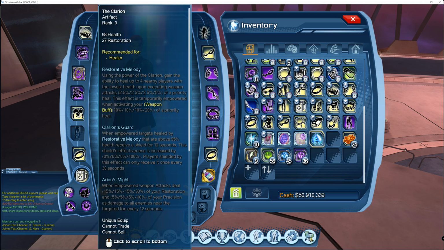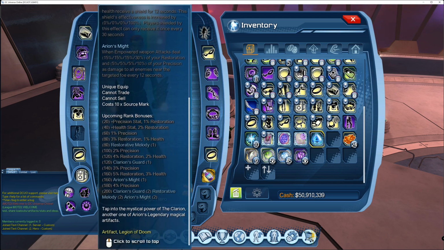So let's just take a look at the actual stats. Okay, so at rank 20 you get the precision stat 1% resto, you get the health stat at 2% resto, then at 60 you get 1% precision, 80 3% resto, 1% health, then at 80 you get the first effect of the artifact, then 100 2% precision, 4% restore, 2% health at 120, then 140 3% precision, and of course at 120 you get the first Clarion's Guard, which is a shield,